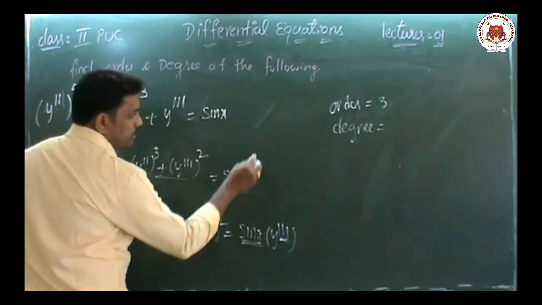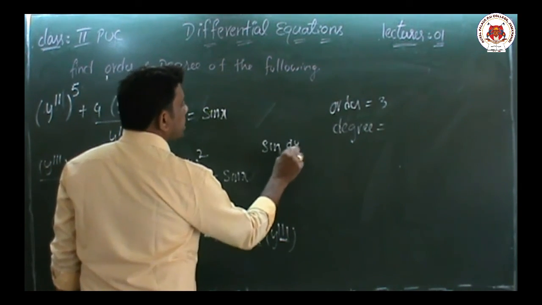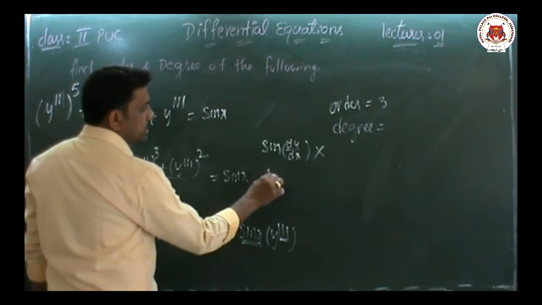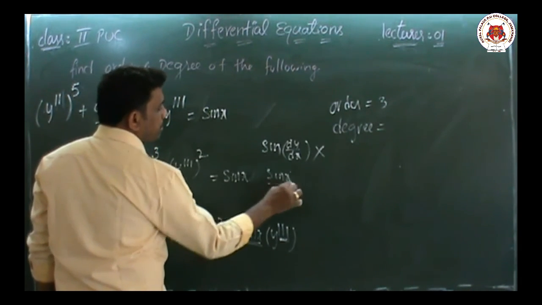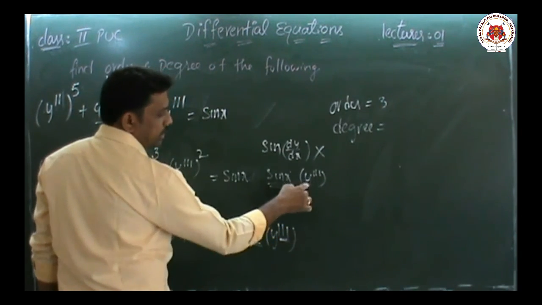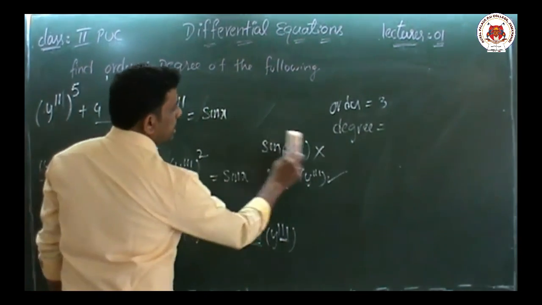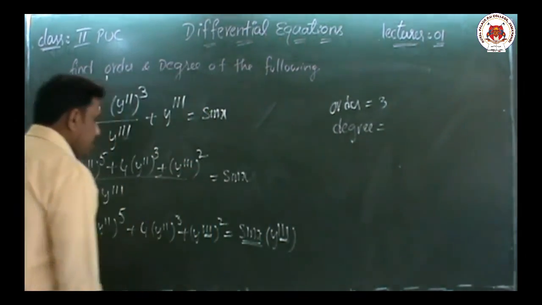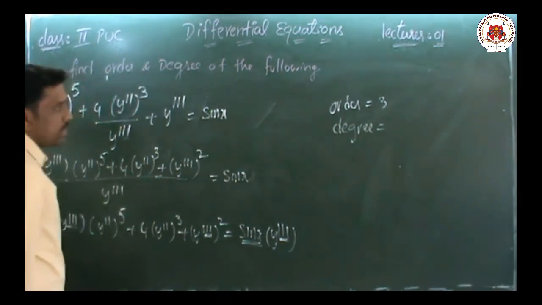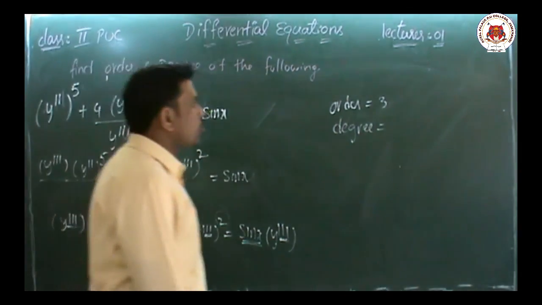If it were sin of dy by dx, the degree would be not defined. But here sin x is a separate term and this is a separate term, so the degree can be defined. Then check y triple dash: it is here, here, and here. So what is its power? 2 is the power. So order 3 and degree is 2. So children, in this way we will